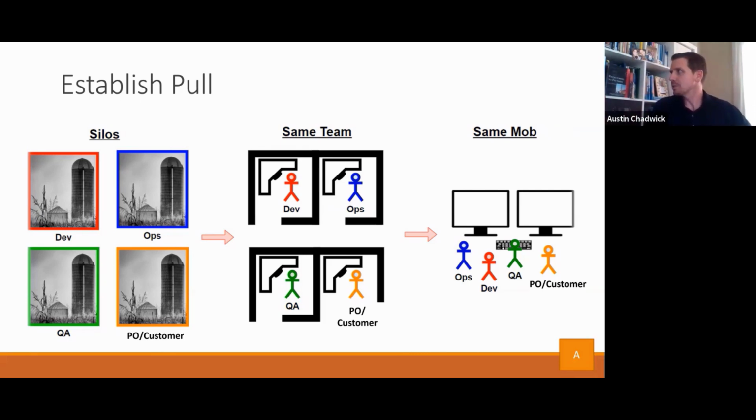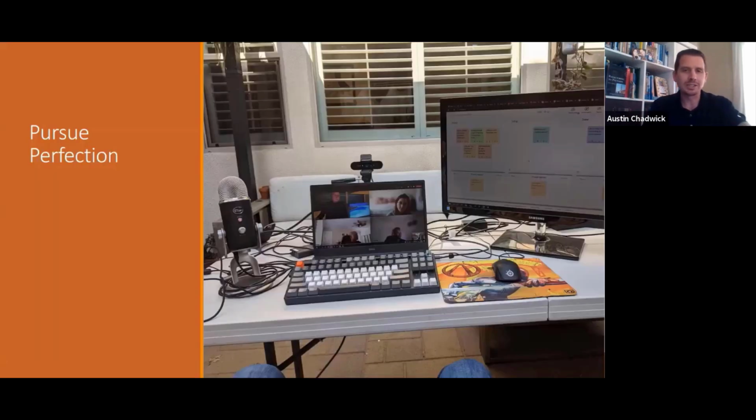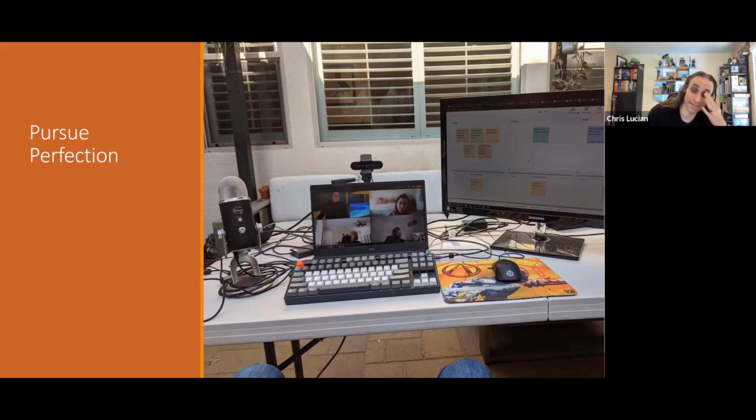And so that pull system works really nicely with someone at the edge of the mob, like a product owner, establishing that. And also, pursuing perfection is maybe the crown jewel of lean principles. So take it away, Chris. Yeah. So this is the idea of kaizen, inspect and adapt,